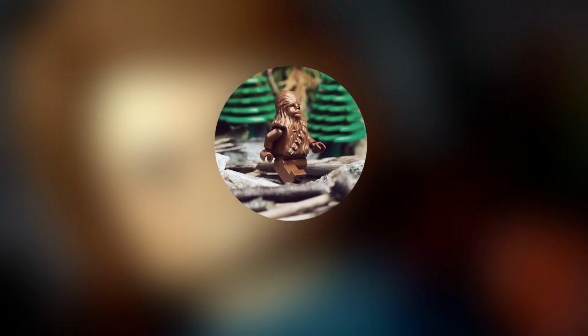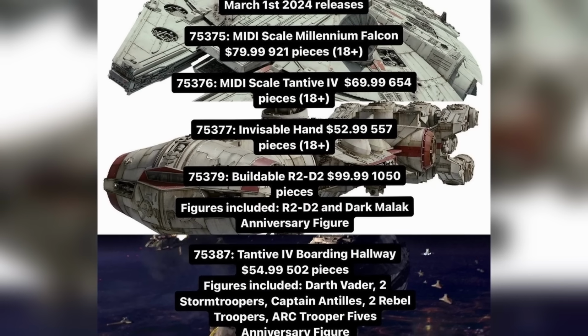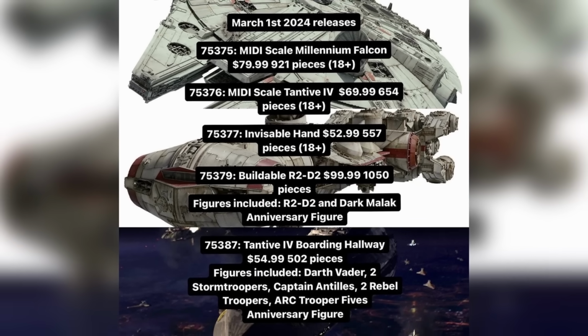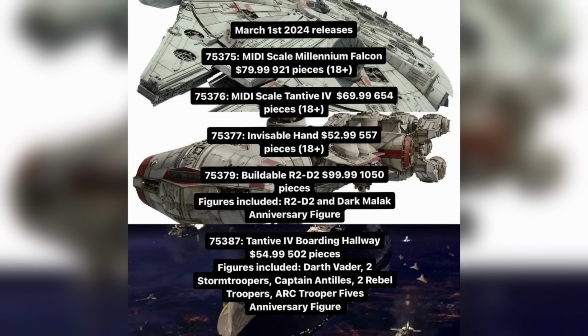In just a little over a month from now, on March 1st, is when we're going to see the next wave of LEGO Star Wars sets, and I imagine that they'll get officially revealed here in a few weeks. But in the March 1st wave, we are getting 5 sets, with 3 of them being 18 plus display sets,